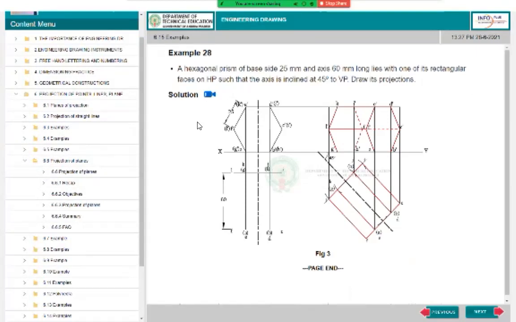This one you have to draw in two stages. The hexagonal prism of base side 25 mm and axis 60 mm long lies with one of its rectangular faces on the horizontal plane such that the axis is inclined at 45 degrees to the VP. Draw its projections. Okay. So here